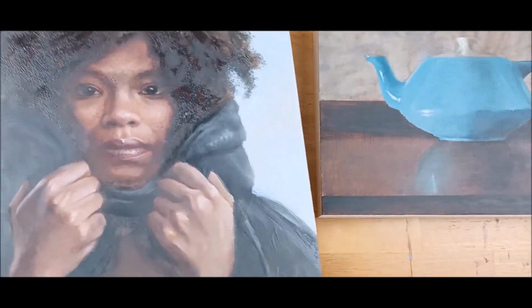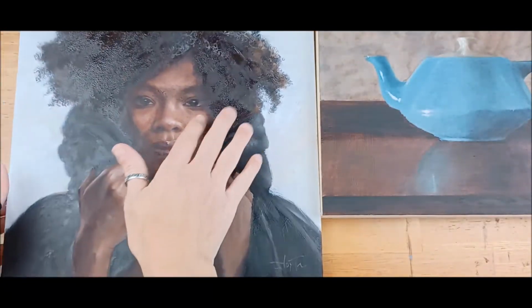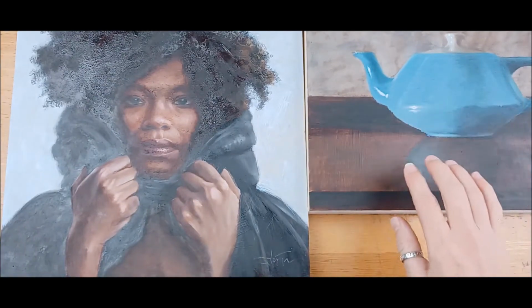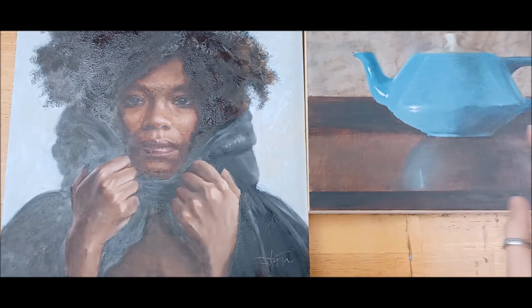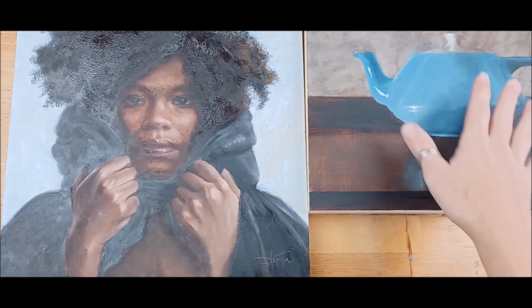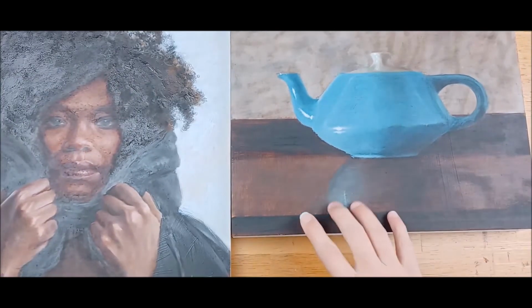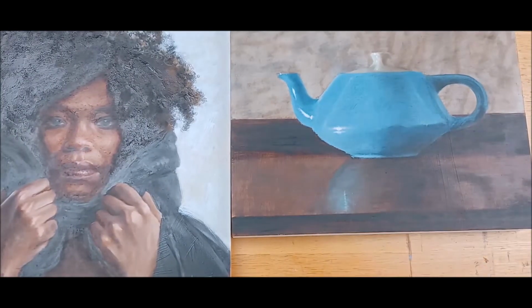Did it wait a year? No. I think I finished this about 6 weeks ago. This one is also ready to be varnished. And it's only been done for about a week, but really thin layers of paint, so it dries pretty darn quickly. At this point, though, it's nice and it's sunken in, and a coat of varnish will not only protect it,